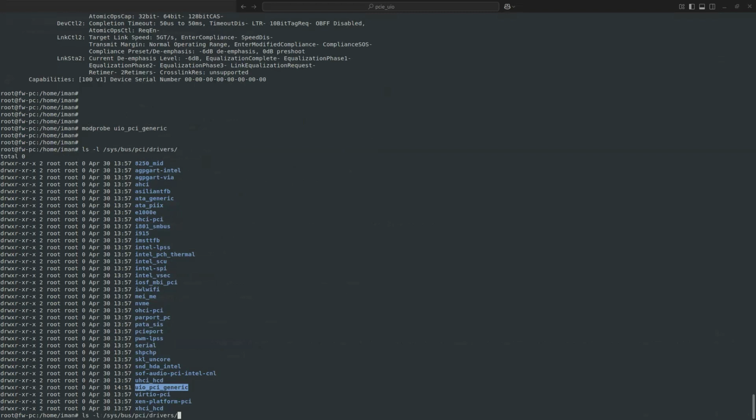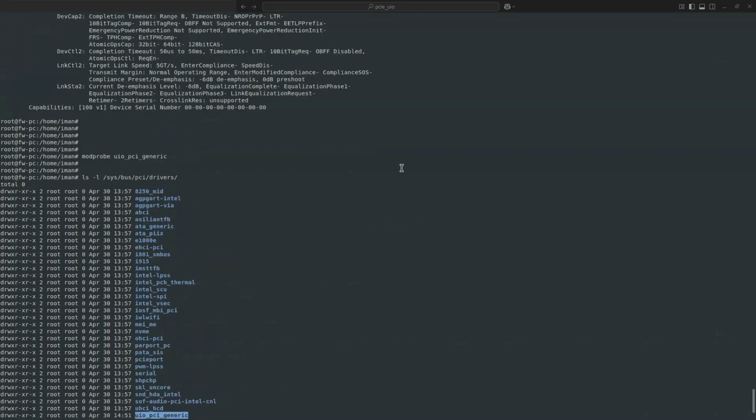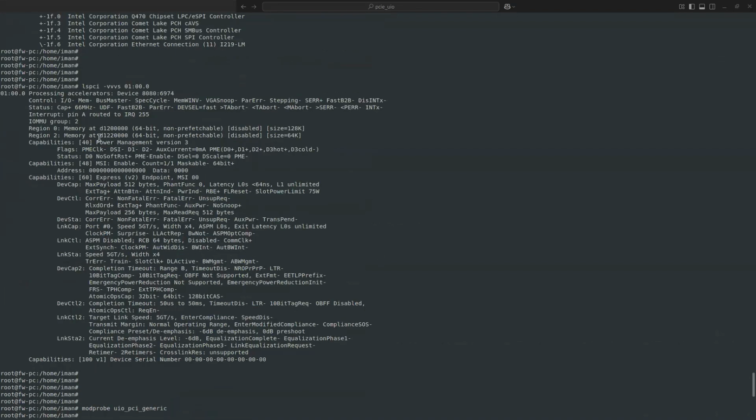If we go inside that folder, UIO, you see some files. One of them is bind. This bind file is useful to bind any device to our driver, and to do that I should write an echo command to this file. My device address is 1, which means bus 1, device 0, and function 0.